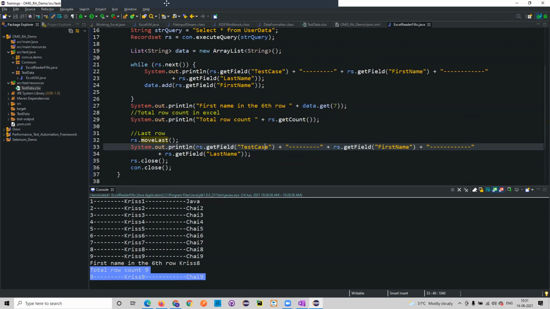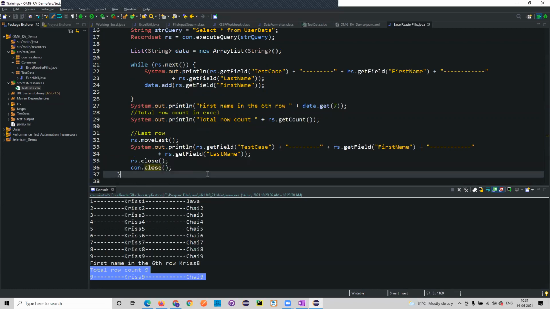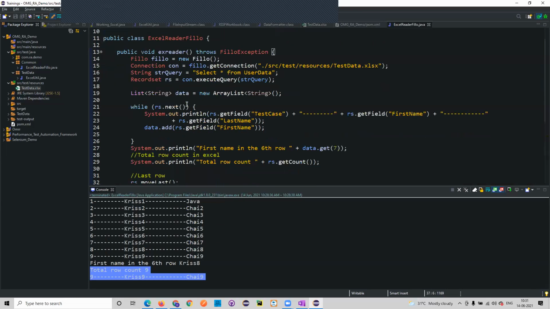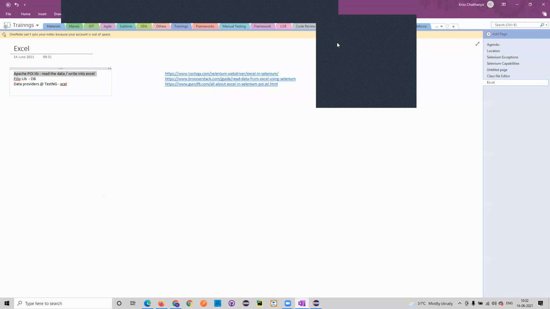Once you open the connection, you need to close that connection. When we discussed the finally keyword, we discussed this: this is how the connections would be closed. So that is how this Fillo library will help us read the data and print it. Writing the data is the same. We have the direct method to get a particular cell value and to write particular data. Okay, so this is all about using the Fillo library and the Apache POI library. If you have any questions, you can ask me now.